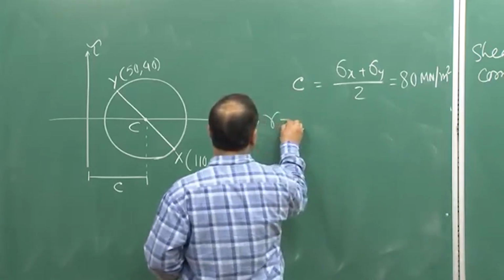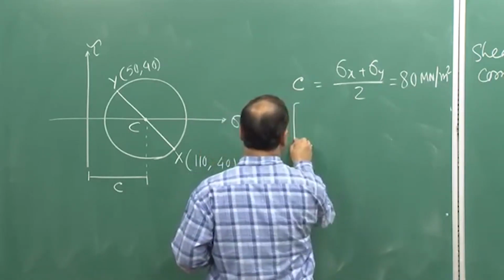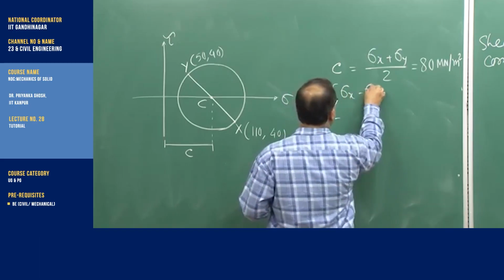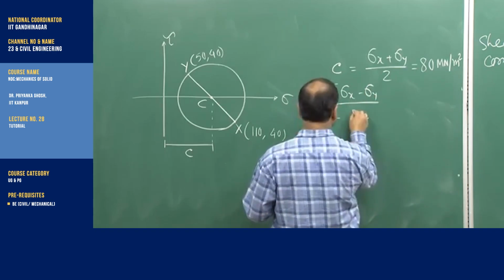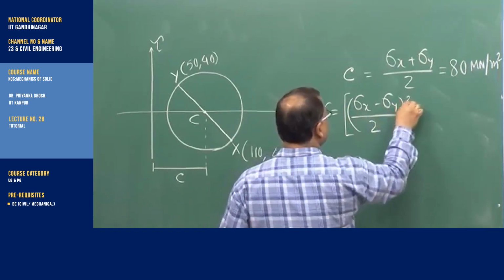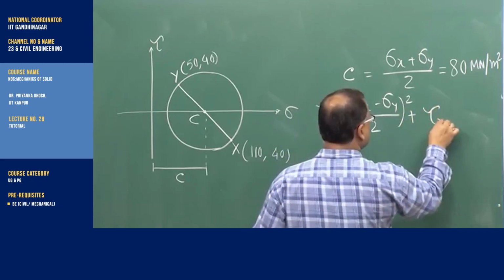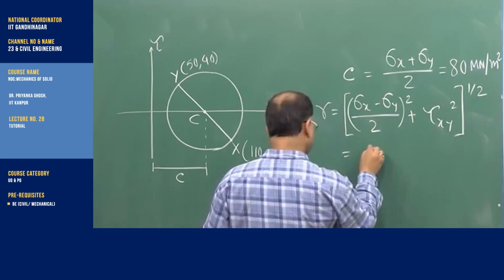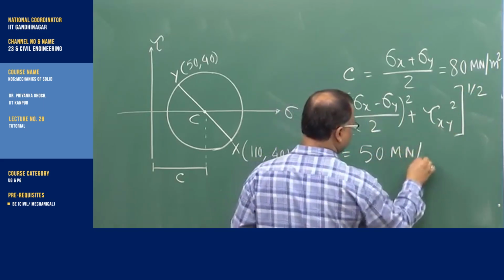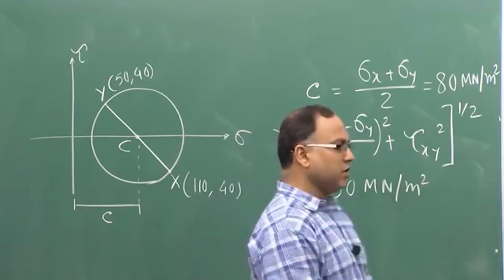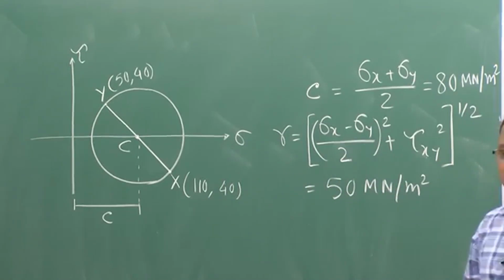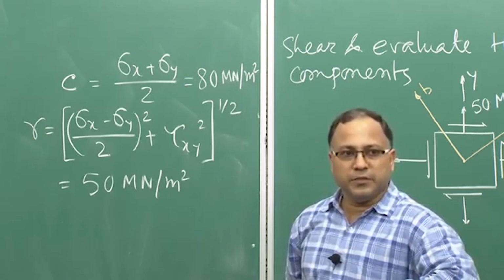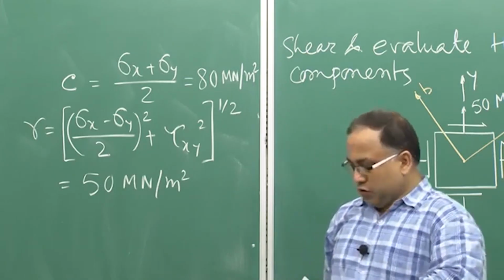Similarly, the radius of the Mohr circle, that you know already, we put the expression sigma x minus sigma y by 2 whole square plus tau xy square to the power half. If you put, you will be getting the value 50 meganewton per meter square. Okay. So, these are the parameters that will be required later on for calculation of remaining stress components. Well, so now